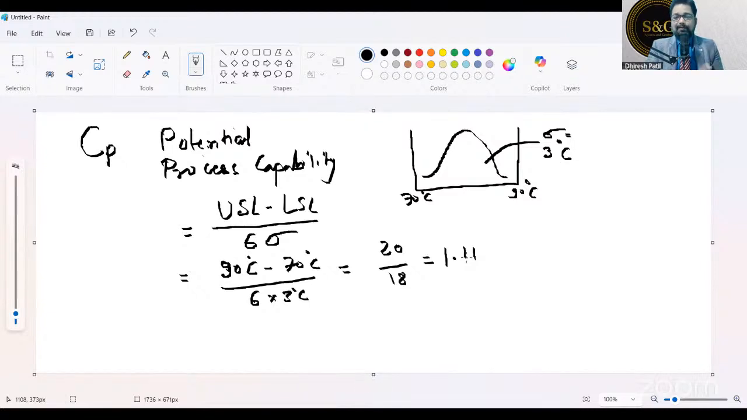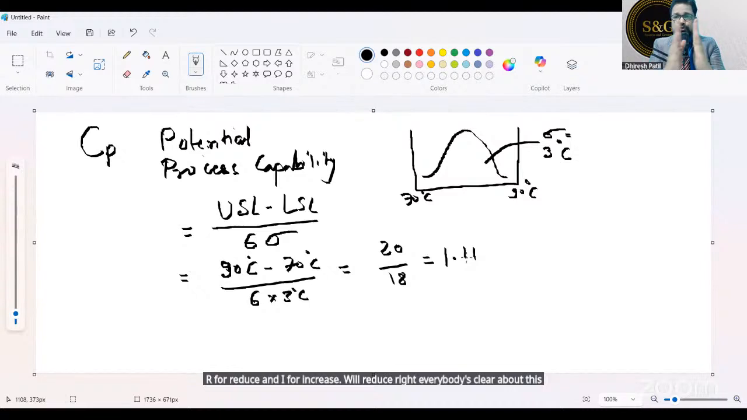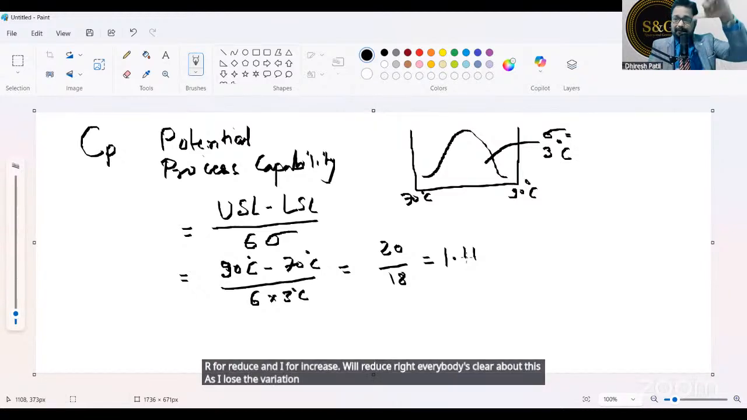Will reduce, right? Everybody's clear about this? As I reduce the variation, it will reduce, right? It will decrease, correct? Fantastic. Very good. So imagine,